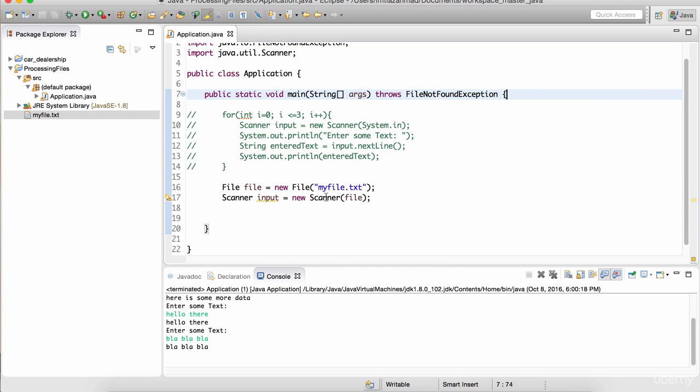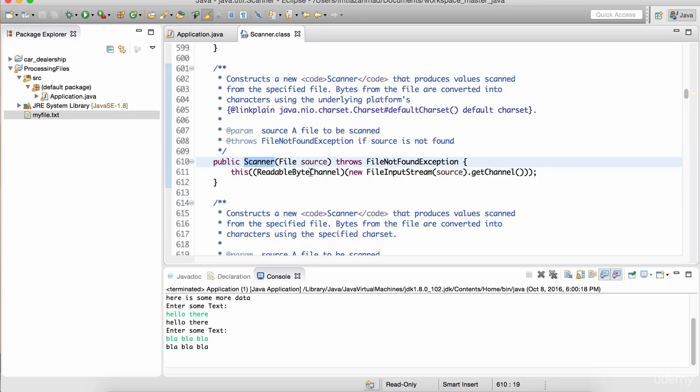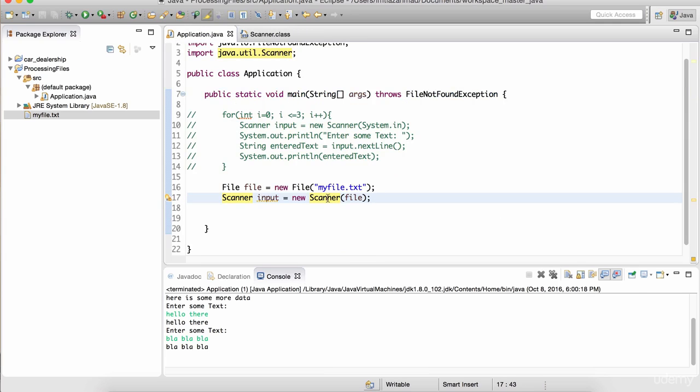So now this is going to allow us to read the file using the scanner. Hover your mouse here, click on Scanner while having your control key pressed, and notice that this is the other constructor of the scanner. We saw the scanner constructor using the input stream. Well, this is another constructor of the Scanner class that accepts a file. Okay, and going back here, now that we have this input variable with the ability to read data from files,